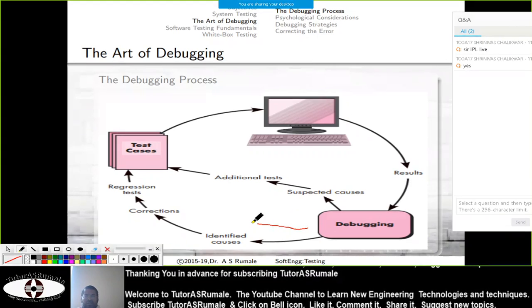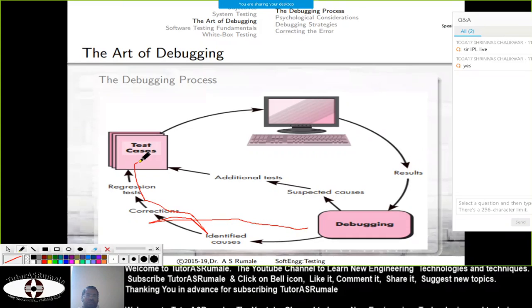Then you are doing the correction, you are doing re-execution, or you can see the suspected causes. Likewise, once these test cases are done, you execute them and send results back to debugging. So if you see debugging, it is a bit circular in fashion, and it totally depends upon the type.